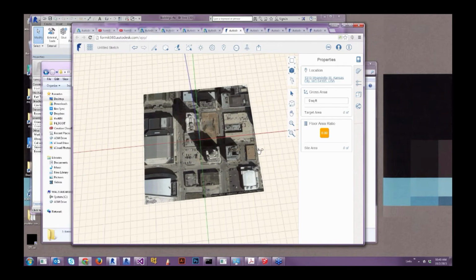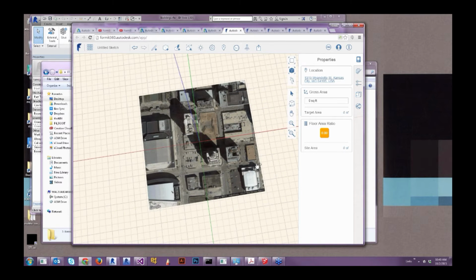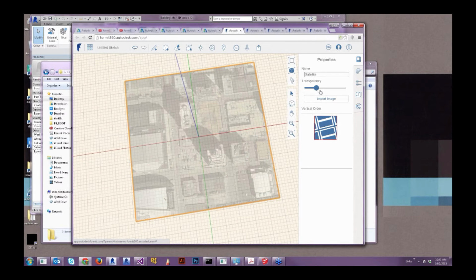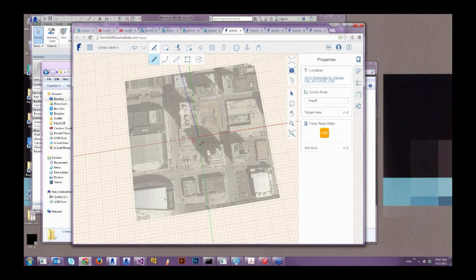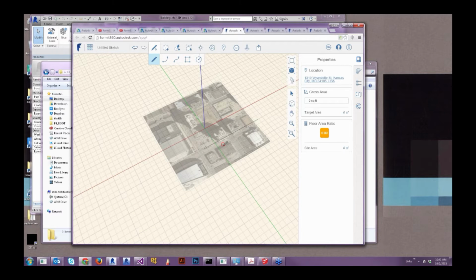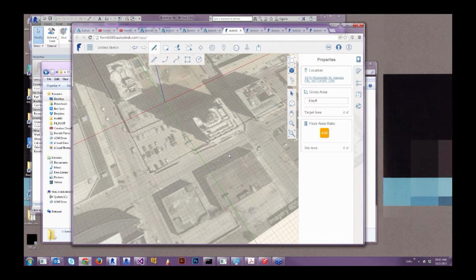So you can see with this satellite image that Kansas City is maybe 5 degrees or less off of the true north, south, east, west Cartesian grid. So there's a couple tricks for doing this. If you select the satellite image, you can change its opacity so you can see the grid through it. It's kind of nice. And then you can draw a couple of lines on there as references. So I'm going to draw these lines just so that I can see how far off that rotation is.